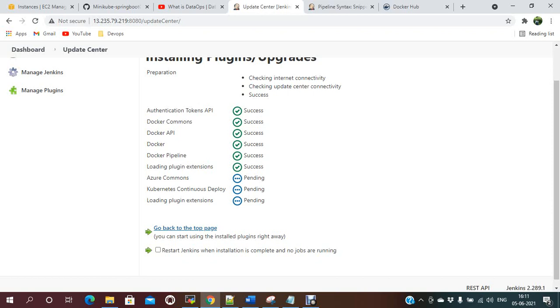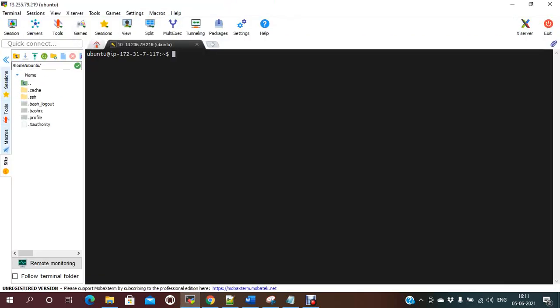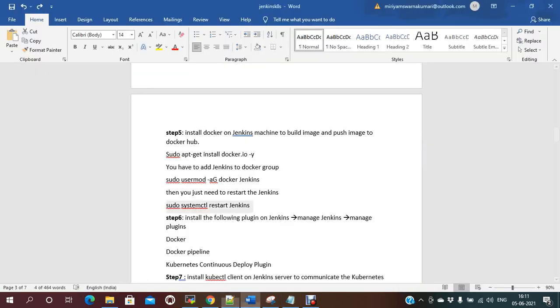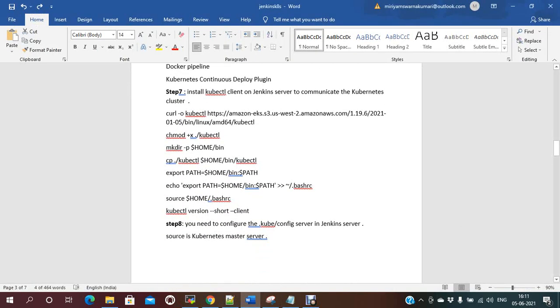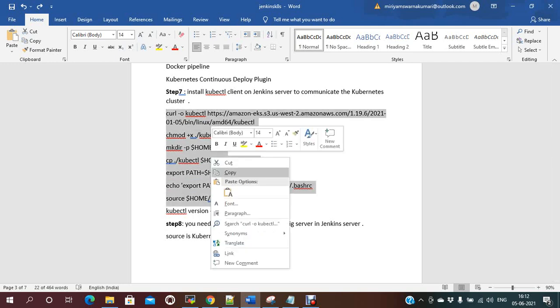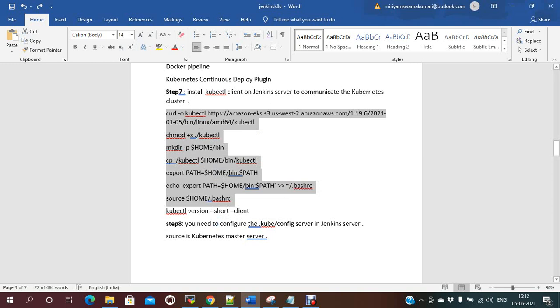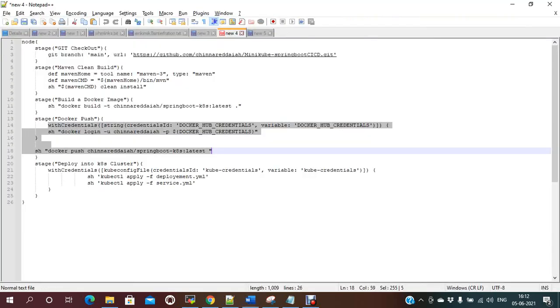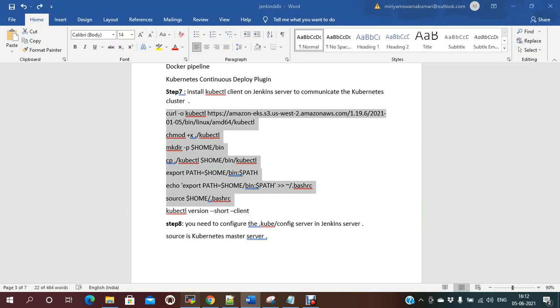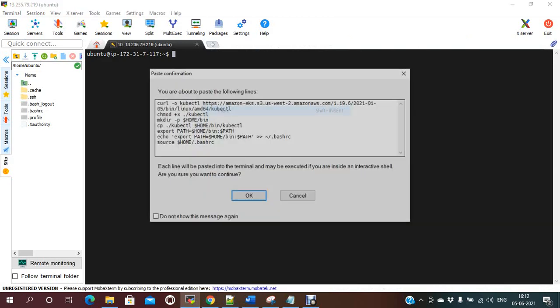So meanwhile, we will install kubectl on the Jenkins server. Okay, I already have the steps. To install kubectl, these are the steps. You just need to add the repo, give the permissions to kubectl, make a directory, copy kubectl into the home folder and export the path. So I'm just running these steps.